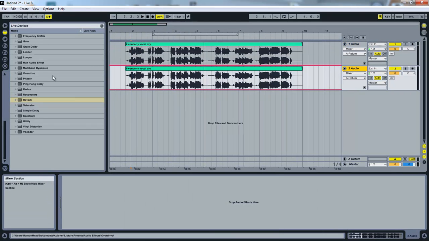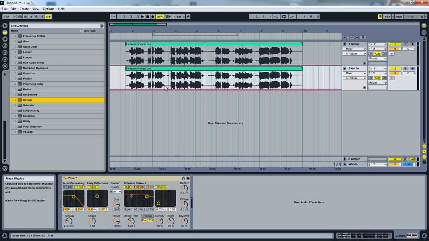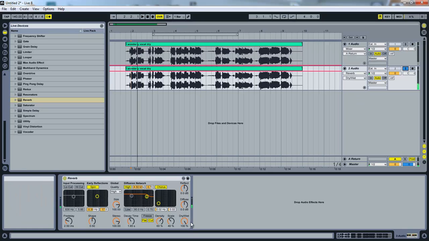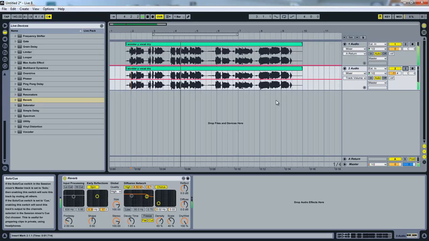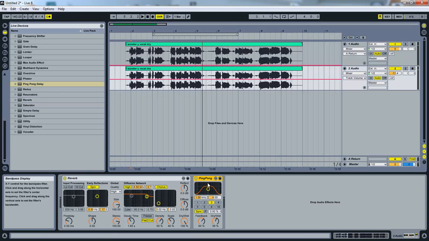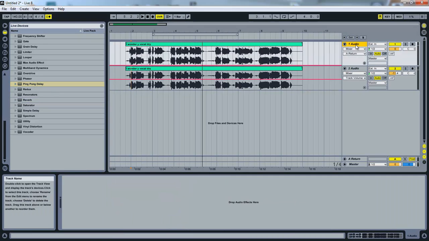That'll duplicate it. Now if we put a reverb on this, do the same thing. Just lower the volume of this. And what we could do is we could add delay to this track. That's our effects track. So let's name this